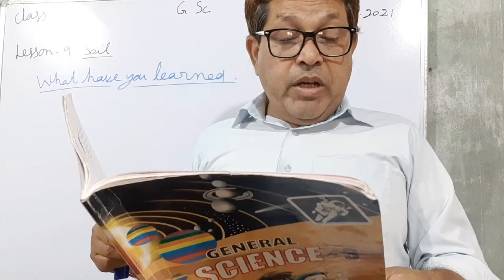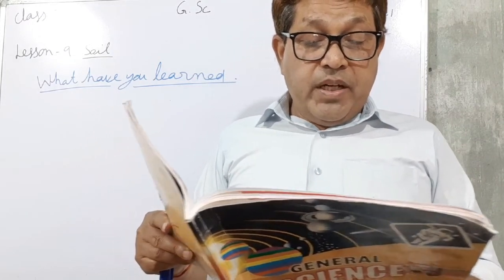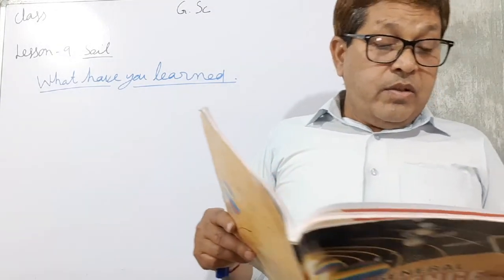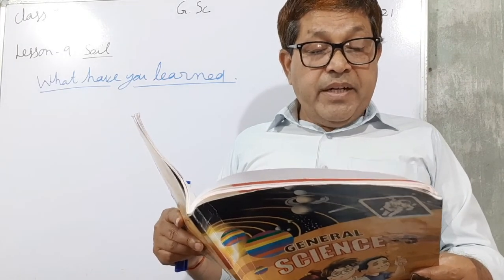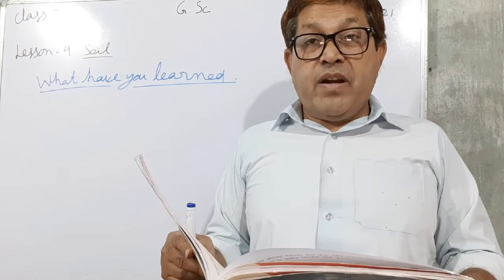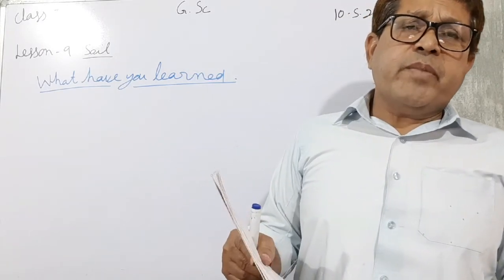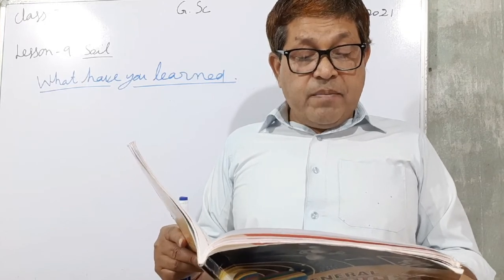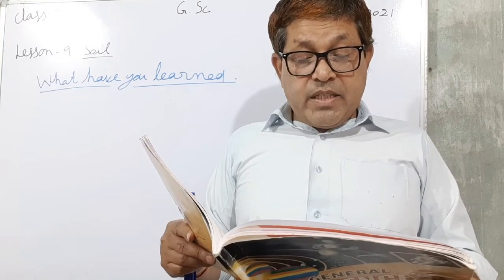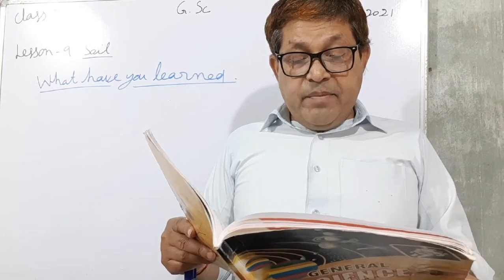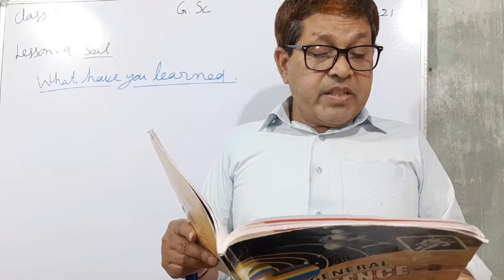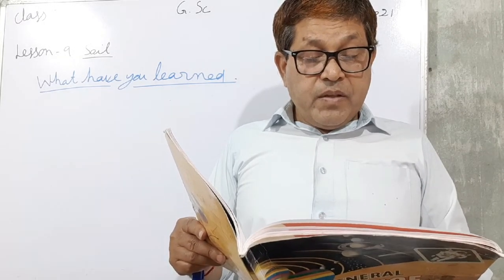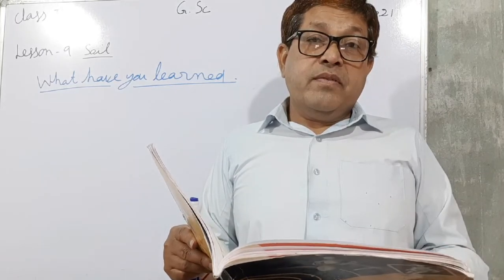So, soil is the uppermost layer of the earth in which plants grow. Next, soil is formed by the breaking of rocks. Breaking means weathering of rock, breaking of rocks into smaller pieces. So, soil is formed by the breaking of rocks. Breaking of rocks or weathering is done by the heat of the sun, heavy rain, cold weather, and roots of trees.